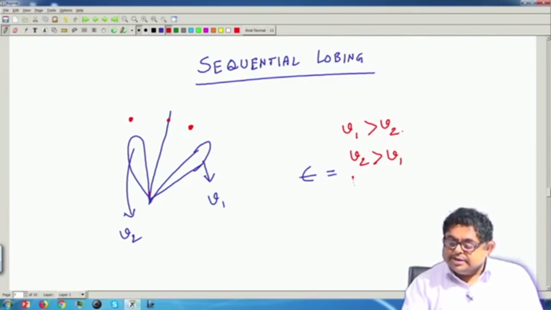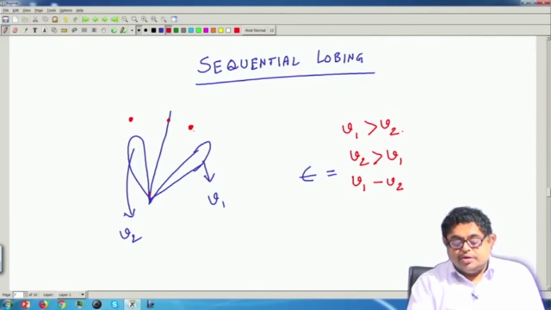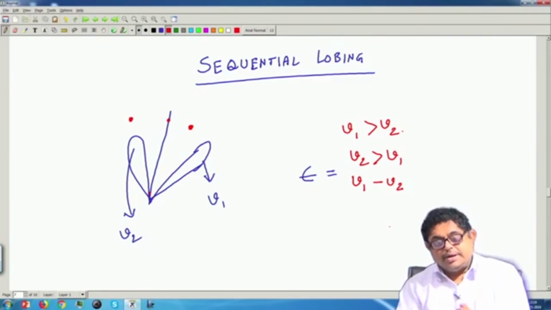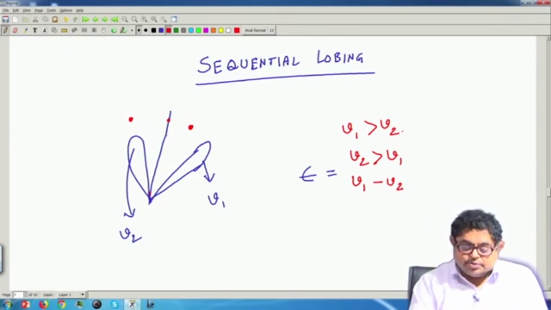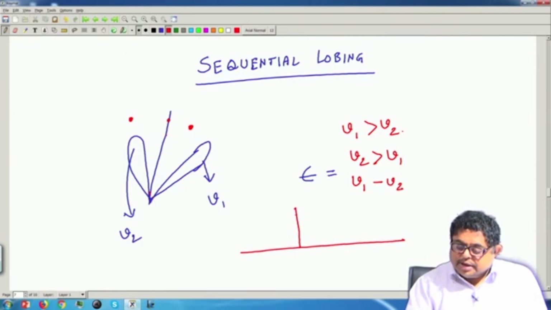So, if the error is made as V1 minus V2, and you get a positive signal, then you know that the target is here. You will have to rotate your antenna system, and as you rotate, the magnitude of V1 and V2 goes down. Finally, when you get 0, this axis is called the crossover axis. What is meant by crossover? Instead of a polar diagram, if we have a rectangular diagram, you can understand the pattern